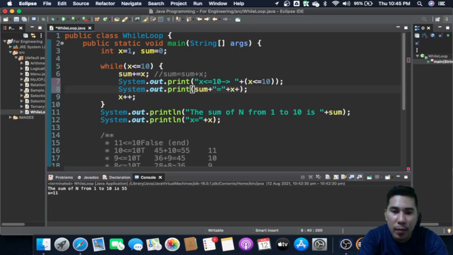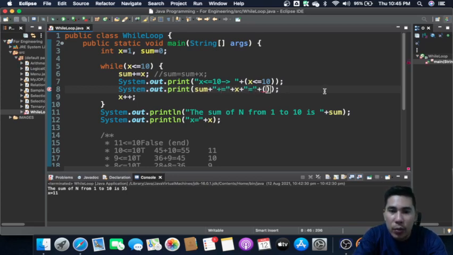Then plus equals to, sum plus equals to x.